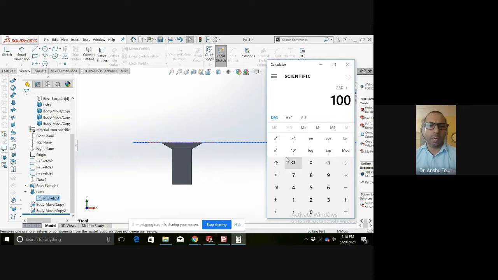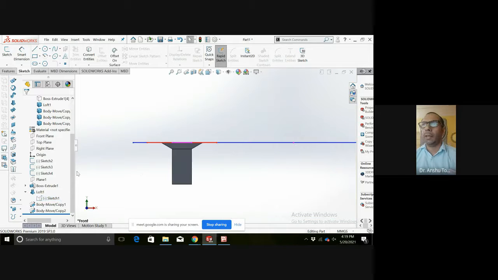That means 110 mm slab. So from above it is total 460 minus 460 minus 250 is equal to 210. So from above it will be 210.